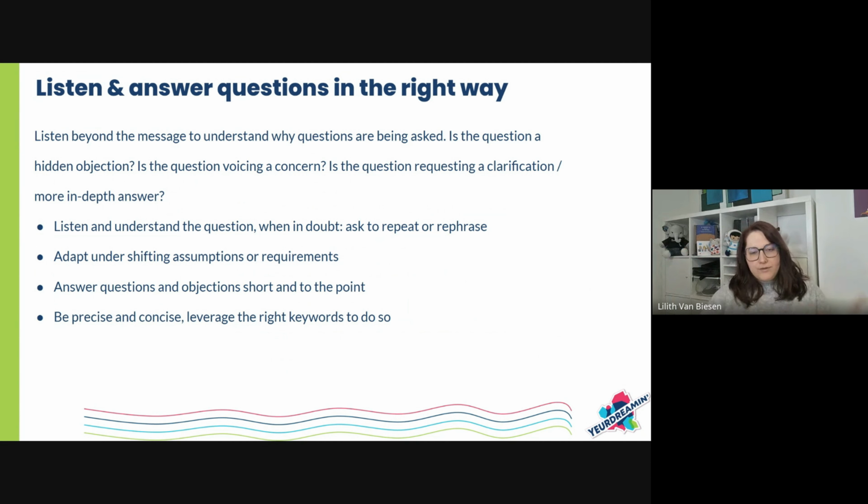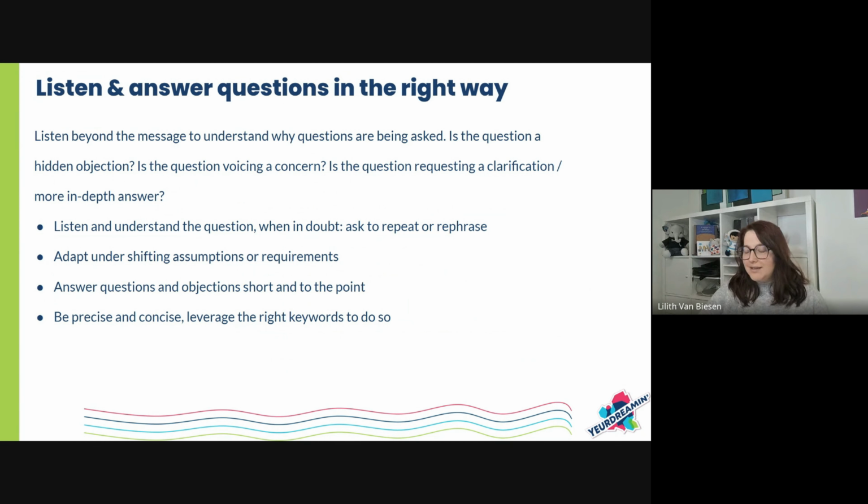Make sure whatever you do that you really answer those questions or objections short and to the point. And I'm not saying just yes or no answers, right? You can be a bit more verbose than that, but really keep in mind the same thing that Miriam was saying before: when you start talking, you know where you want to end and you just don't rattle on, because they want to have an answer to the question that they asked.